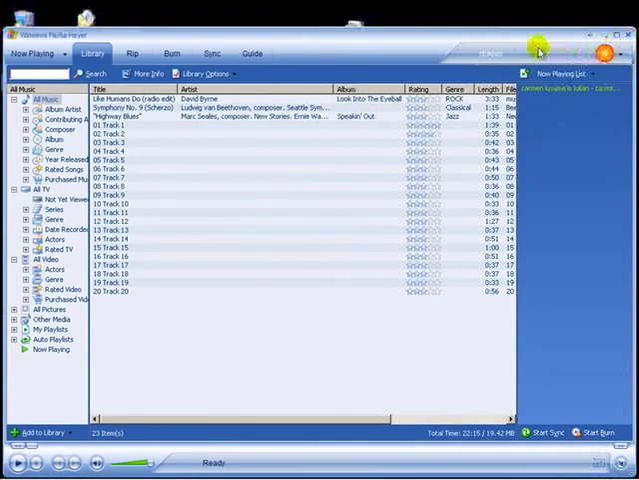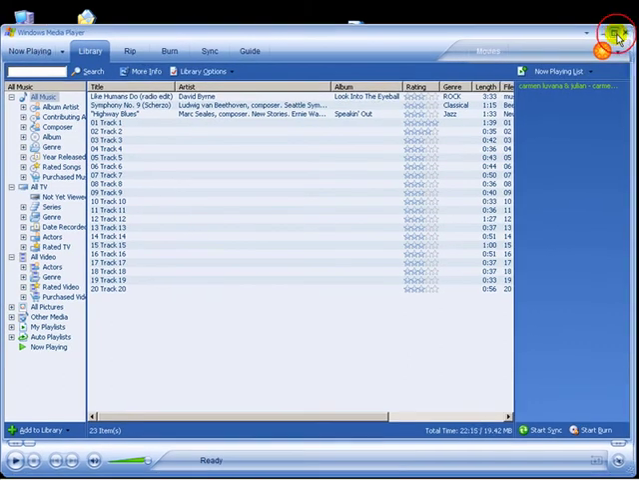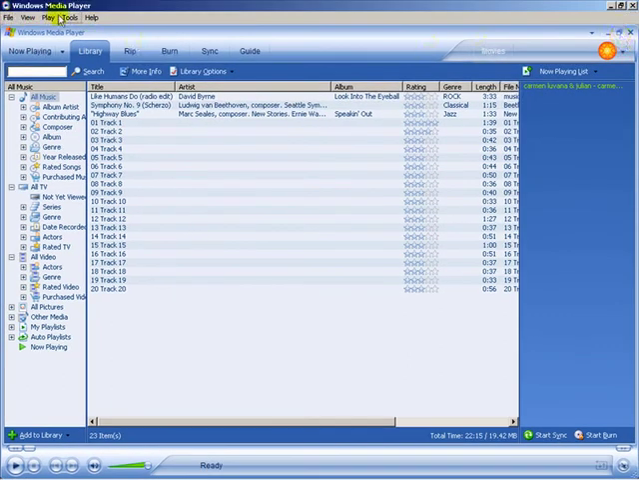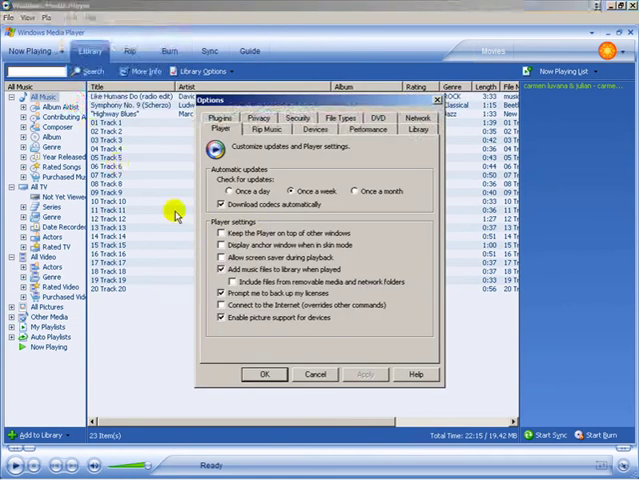Anyways, first thing you want to do is make sure that you have Windows Media Player maximized. Otherwise, you won't have the menus up here. So maximize Windows Media Player. If it's not, you'll see these menus up here. Go to Tools, Options, go to the RIP Music tab right here,